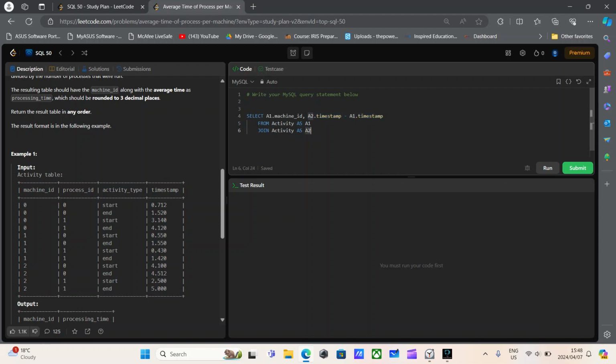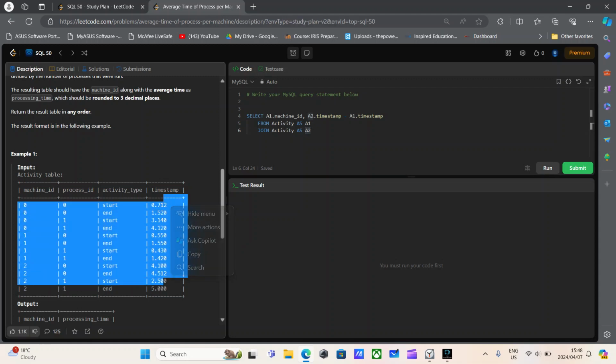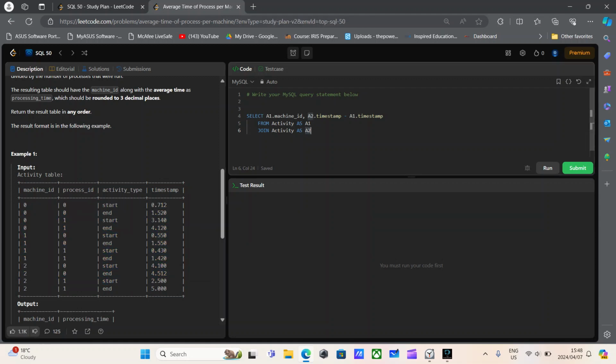But that's not going to work because timestamp, as we can see down here, is going to leave us with a bit of a problem. We need to clarify something. First off, we need to join